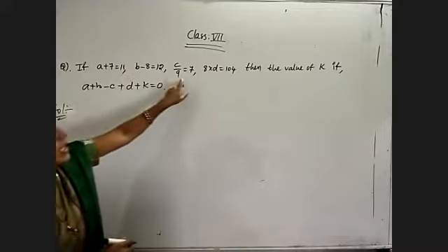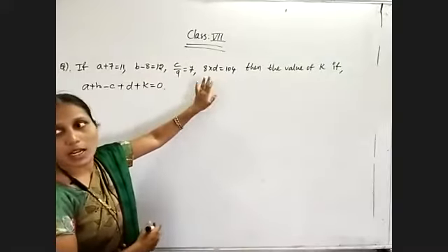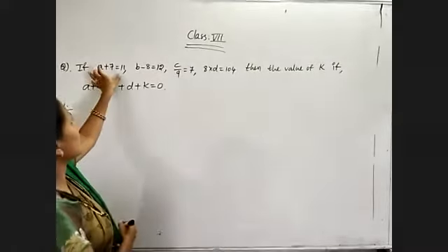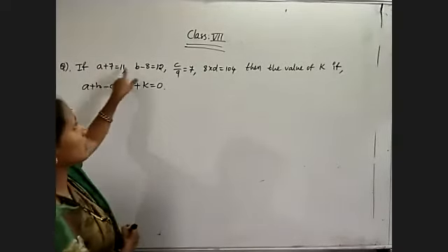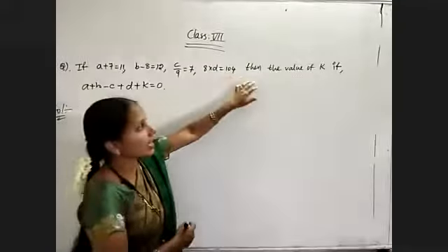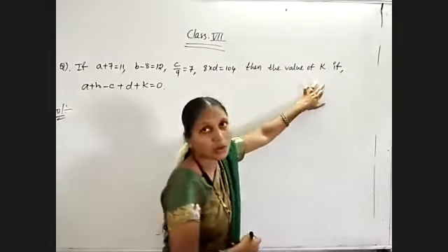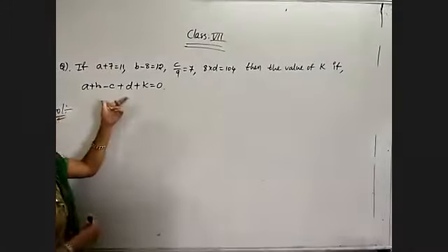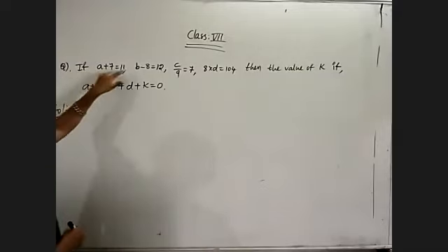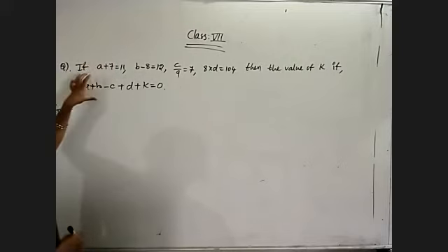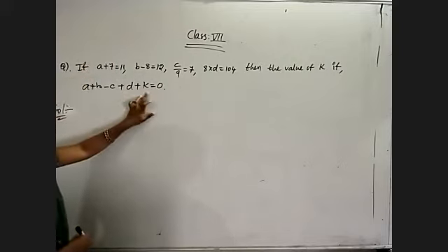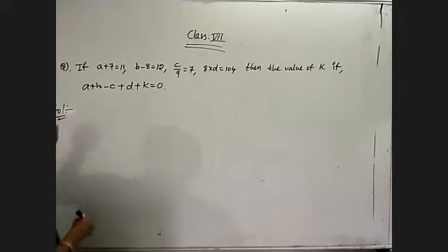Four equations are given, and they are asking us to find out the k value. They are given four different equations with different variables, and they are asking to find k by another equation. So whatever the unknown values a, b, c, d are, we need to find them from the first four equations. After getting those values, substitute them here, then we will get the k value. Okay. Now given